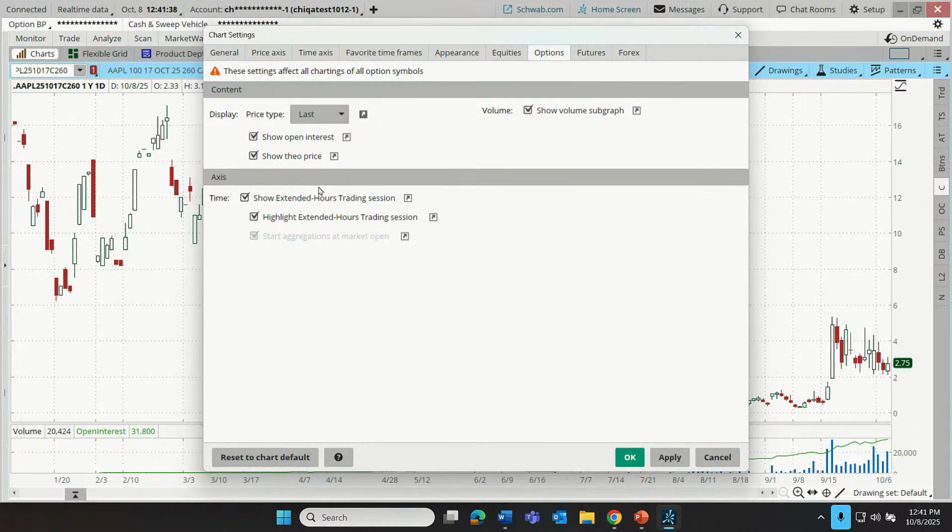We can show extended hours trading, and we can hide or highlight or unhighlight that, just like with equities. And you might say, well, Cameron, options don't trade in the after hours market. No, most don't, but some do. Some index options like SPX or VIX. So that's it. Beyond that, this is just the same knowledge that we gained from our equities tab